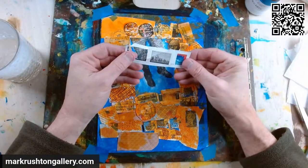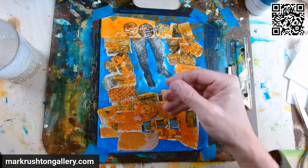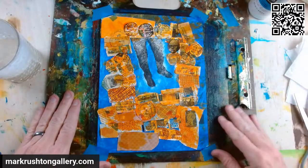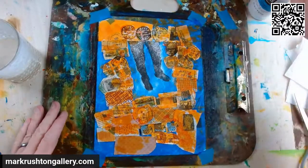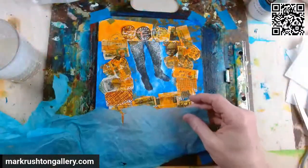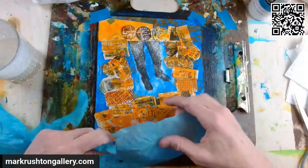Is this any good? Selma to Montgomery March. Okay. All right. What was I going to do here with this? Let's throw on a little. So I wanted to play around with a little bit of this here too. This is that,